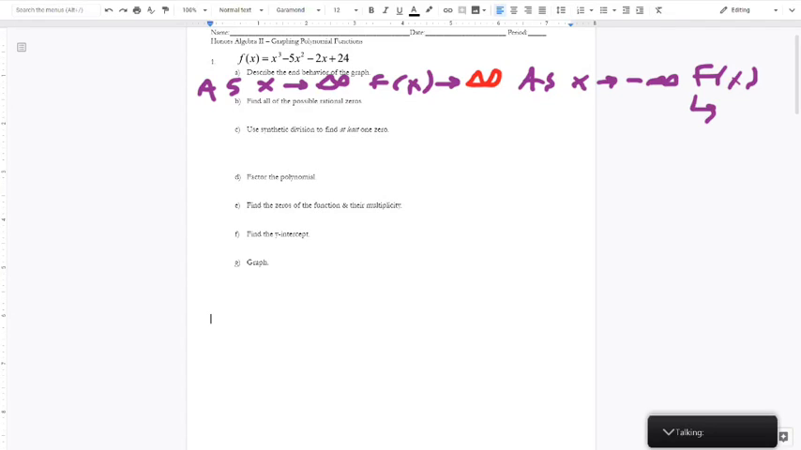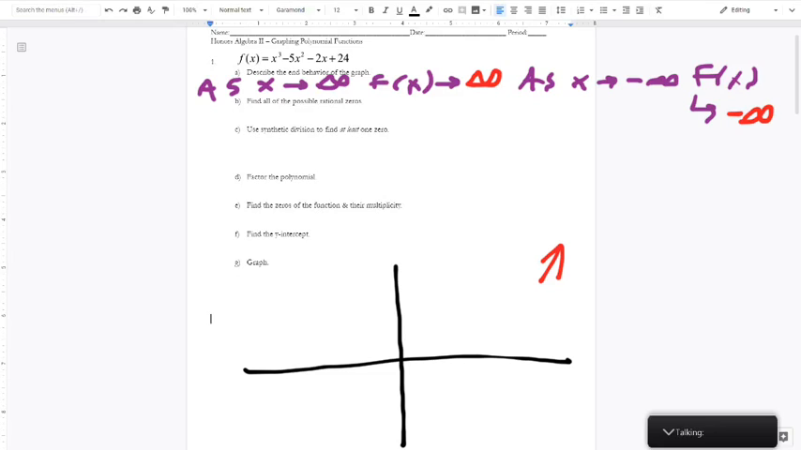So if I were to keep our graph down here and just add to it as we learn stuff about it, I know that at some point it's going to go that way to the right. And as x approaches negative infinity, so as it gets extremely to the left, f of x is going to approach negative infinity, and that's because,